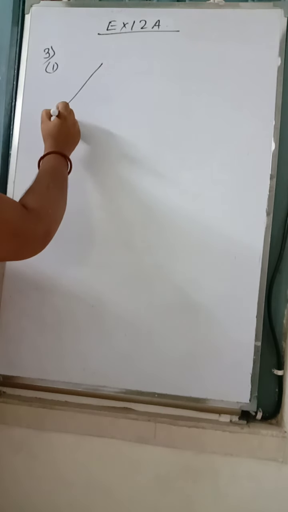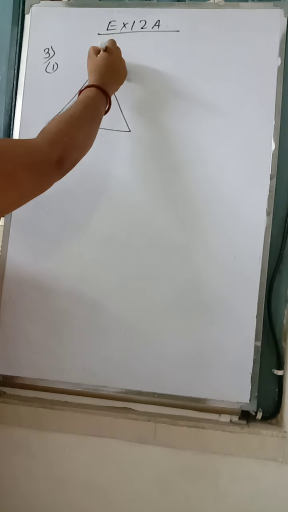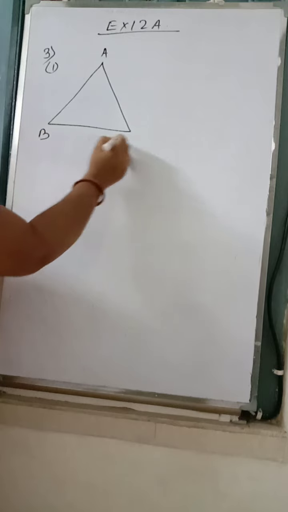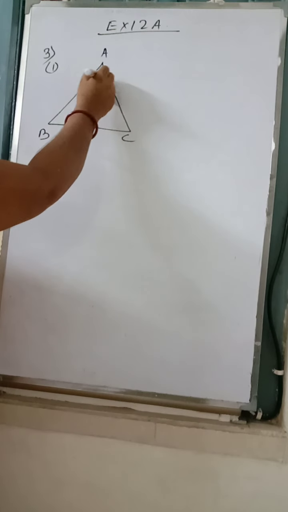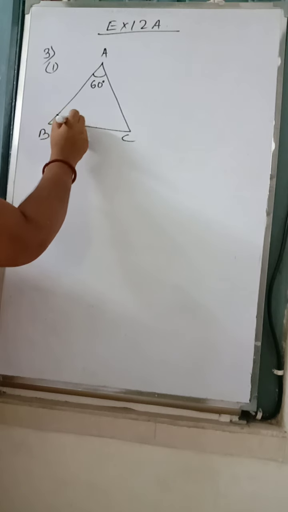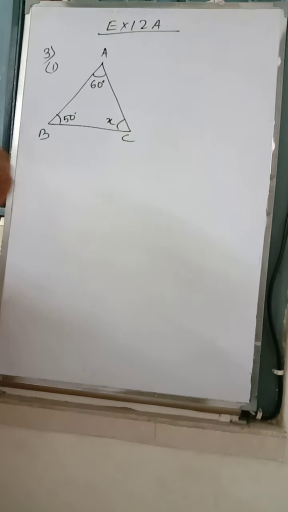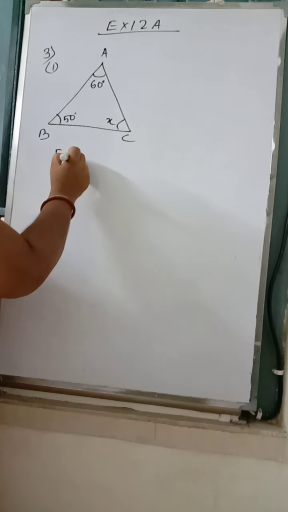If you are going to ask me, ma'am, will we draw the figure? Yes. Like this, a figure is given. A, B, C. Angle A is given 60 degree. Angle B is given 50 degree. And angle C is given X. Here you write from figure